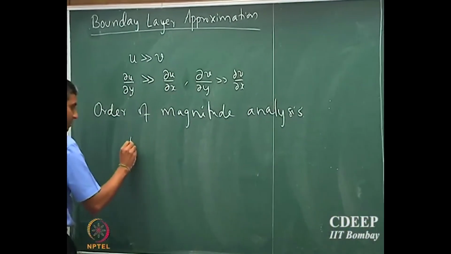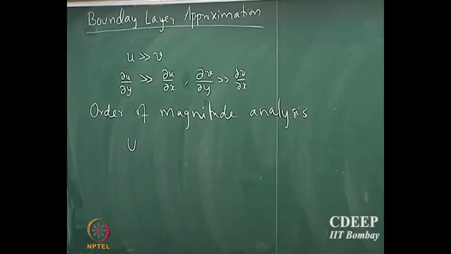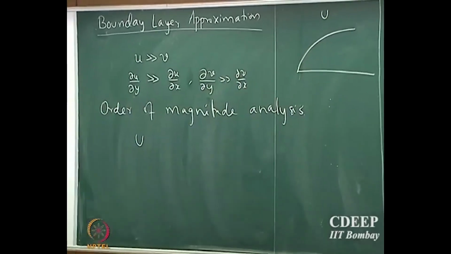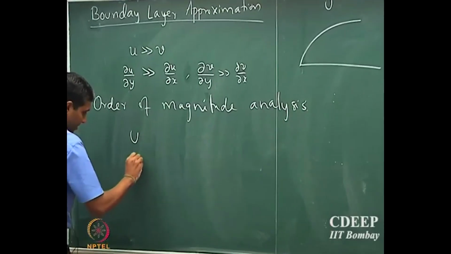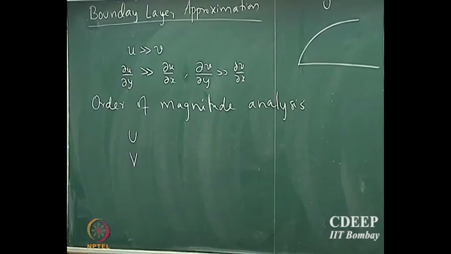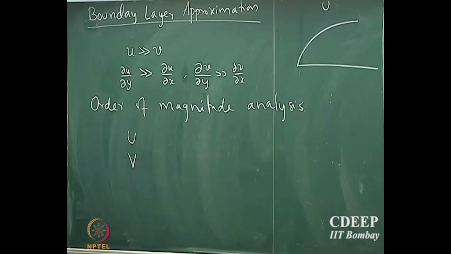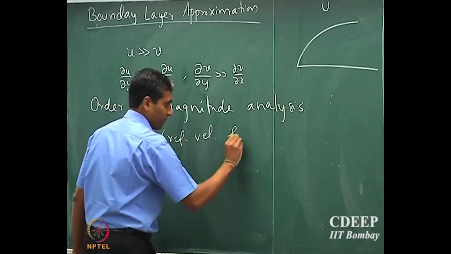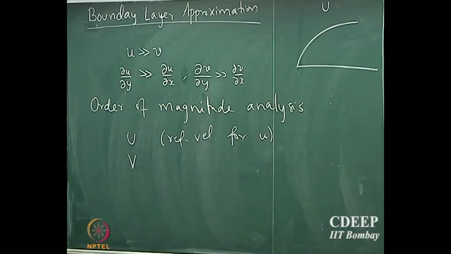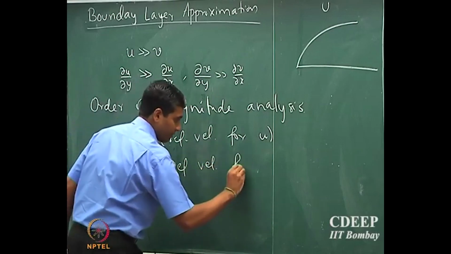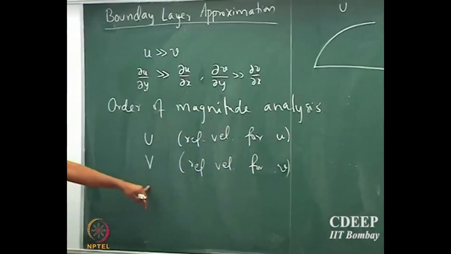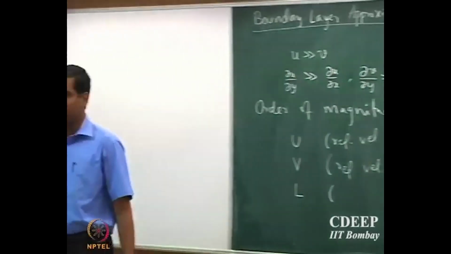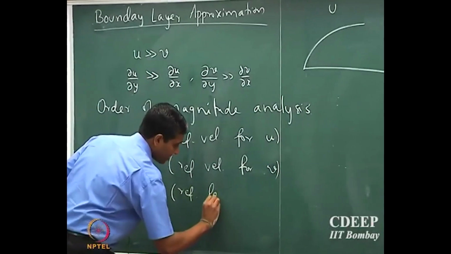Alright, so suppose we say that the free stream velocity is u, the velocity of the fluid outside the boundary layer. And suppose v is some representative velocity in the y direction. So u is the free stream reference velocity for the x component velocity, and V is the reference velocity for v, though we still don't know what this capital V is. We know u is the free stream velocity, and L, let's say, is the length of the plate, the reference length scale